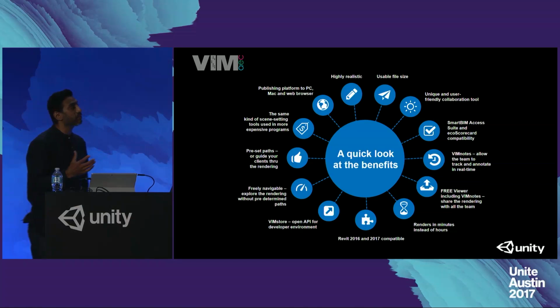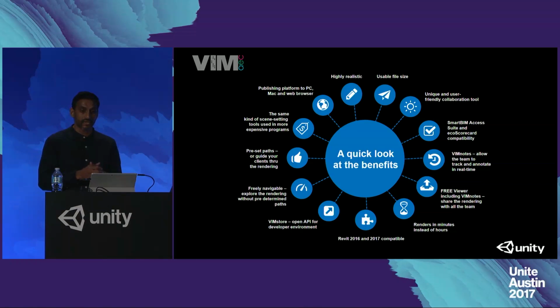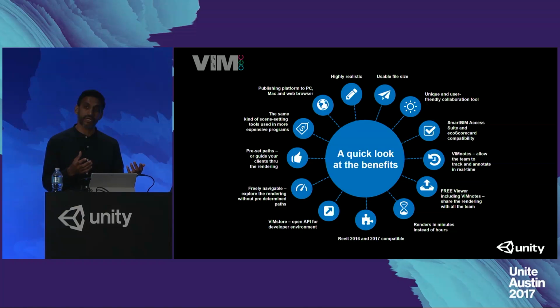So let's just take a quick look at some of the benefits of what we've been doing in regards to VIMaec. We're trying to streamline and smooth out that whole development pipeline and the workflow that goes with it, enabling you to very quickly and very smoothly take your CAD data, your Revit data, into Unity, but also being able to have a very constructed application in the middle, which is our Unity viewer, enabling anybody within your firm to be able to use that as well.